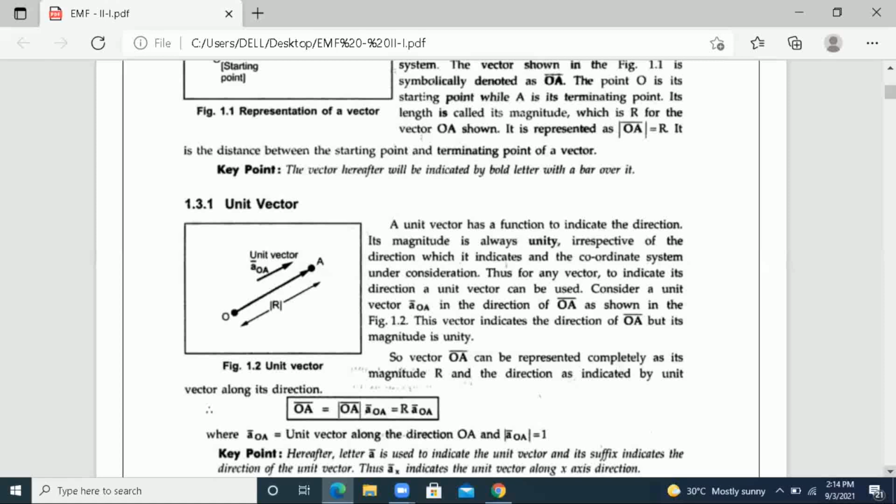Now in vectors, we have units of the given vector. We call it the unit vector. So a vector R